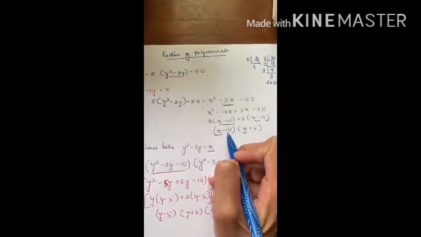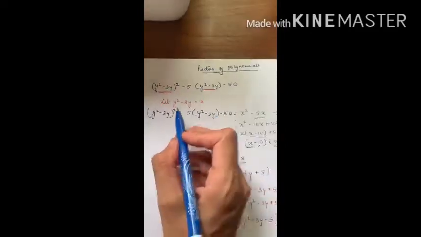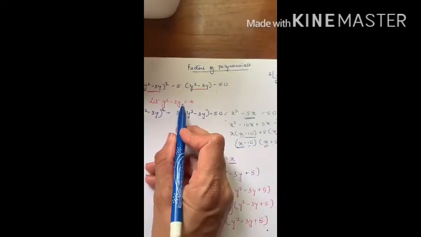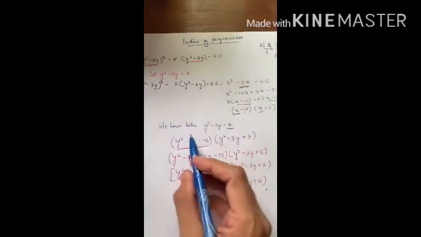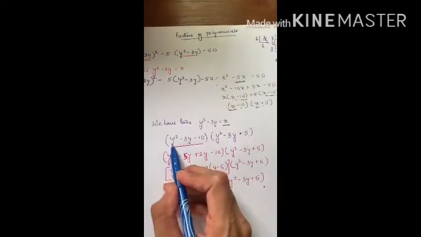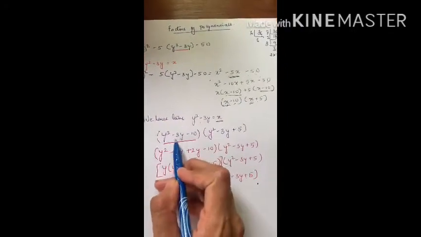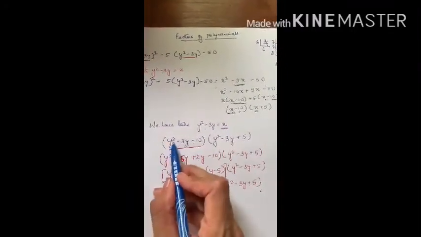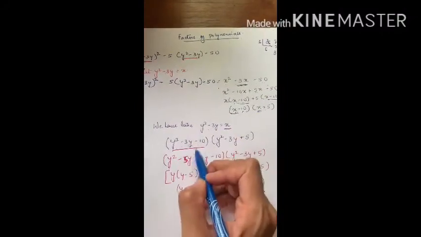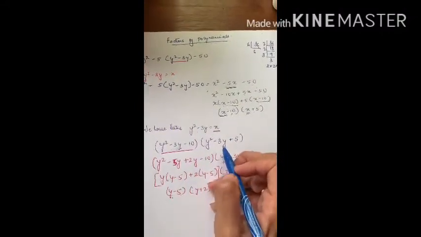But dear students, what is our x? Our x is nothing but y square minus 3y. So wherever we have x, substitute that value. After substituting, you get y square minus 3y minus 10. Here in the x, I have substituted y square minus 3y and then minus 10 into y square minus 3y